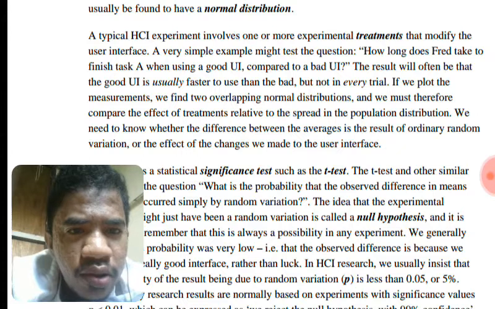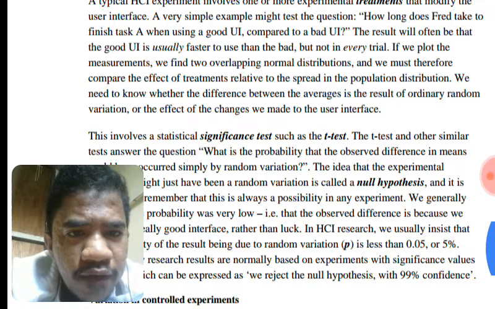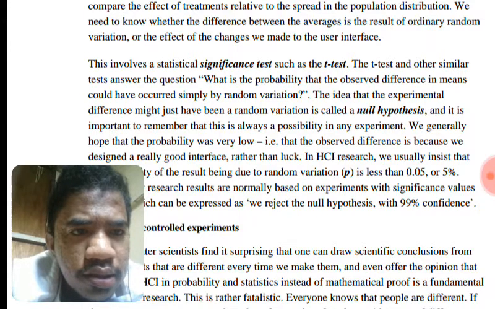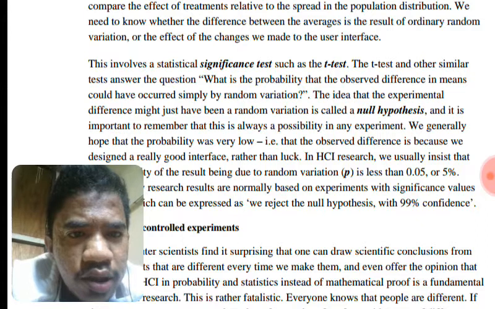We need to know whether the difference between the averages is the result of ordinary random variation or the effect of the change we made to the user interface. This involves statistical significance tests such as the t-test, and other similar tests answer the question, what is